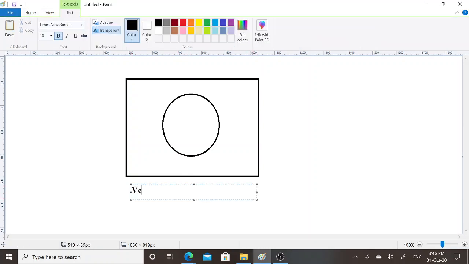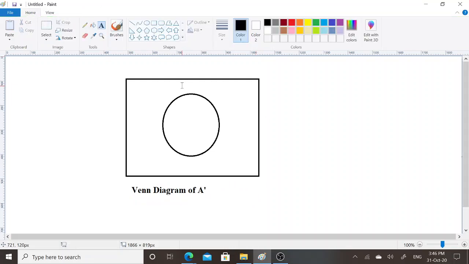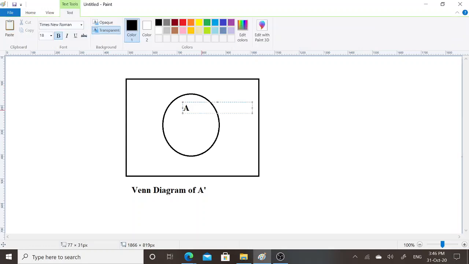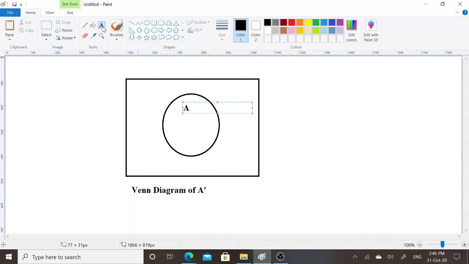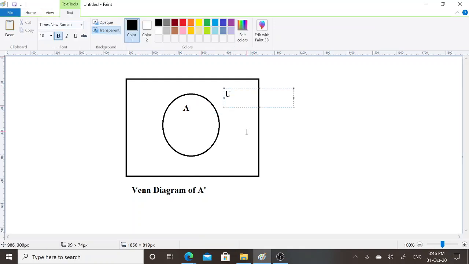This is Venn diagram of A's complement. This is set A. This is universal set.